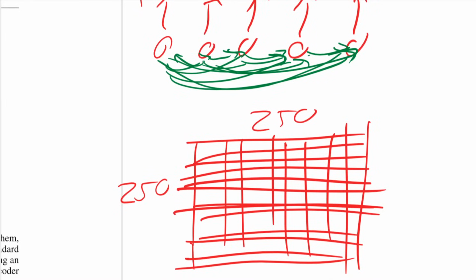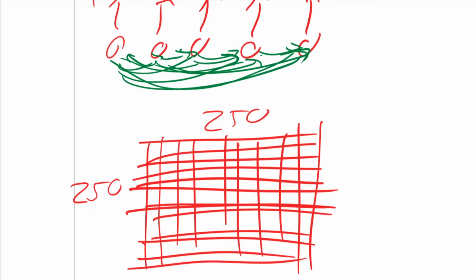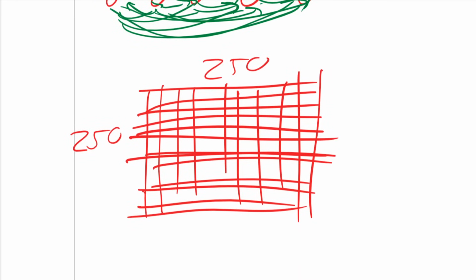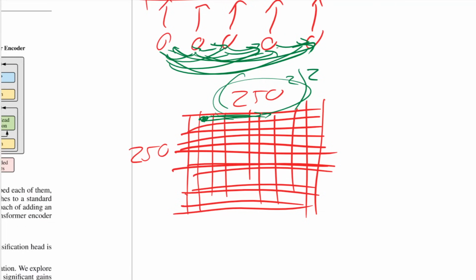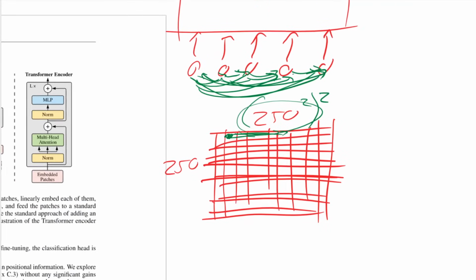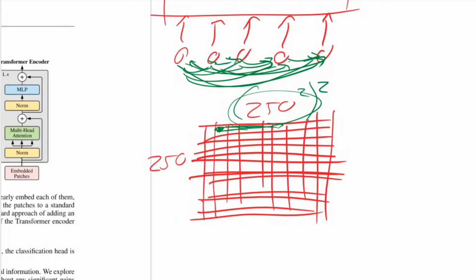So just the rasterization of images is a problem in itself, even for convolutional neural networks. But if you want to feed this into a transformer, you have to think that every single pixel has to attend to every single other pixel, and the image itself is 250 squared big. So the attention will cost you 250 squared, which is impossible on current hardware, even for Google, right? Maybe they can do it, but... So people have resorted to other things, doing things like only local attention, so only attending to the area around them,